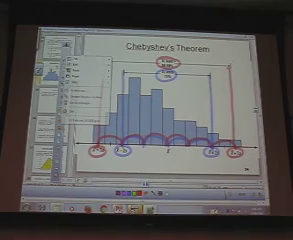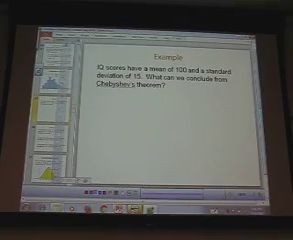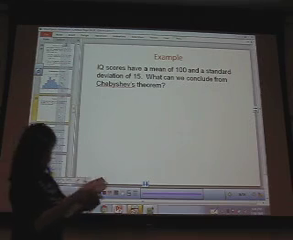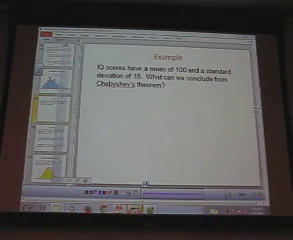We should do this example. It's at the very bottom of the page. IQ scores. Let me just add up these guys, 'cause these are all